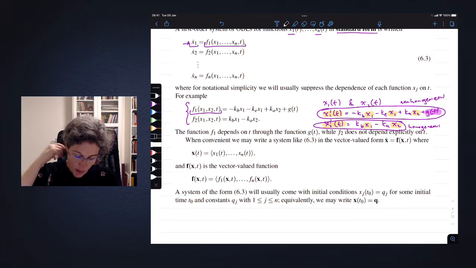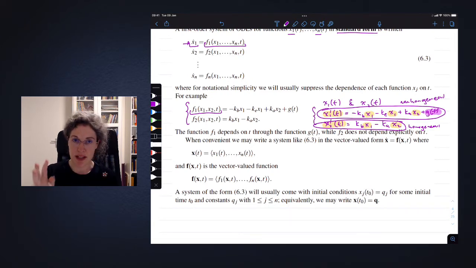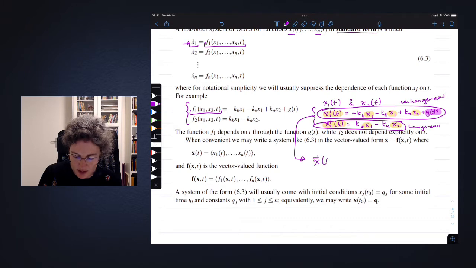What we will often end up doing if we have a system like this is define a vector-valued function that has as its components each of the functions. So if I was to write out this one over here, I would call this x of t, and I'm using the arrow overhead to represent a vector because I can't do boldface nicely when I'm writing. So here we would have x of t is equal to x1 of t, x2 of t,